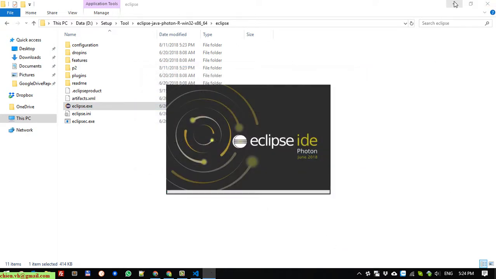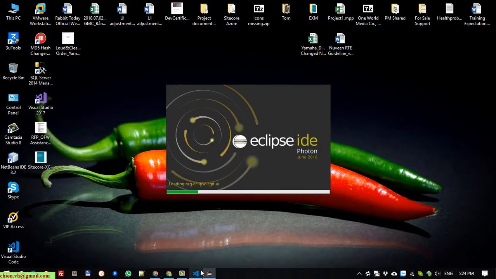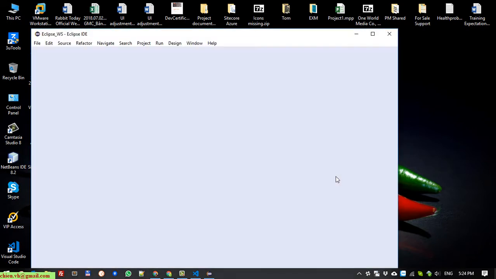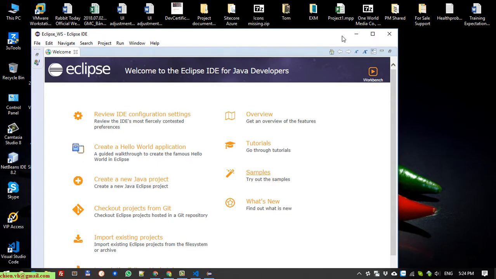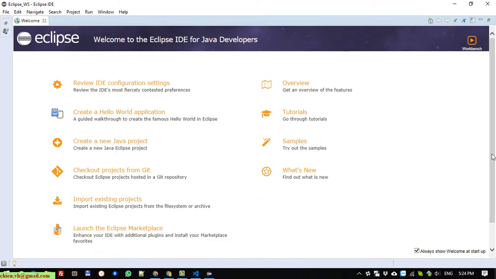Okay, cool. This is the graphical user interface for Eclipse,